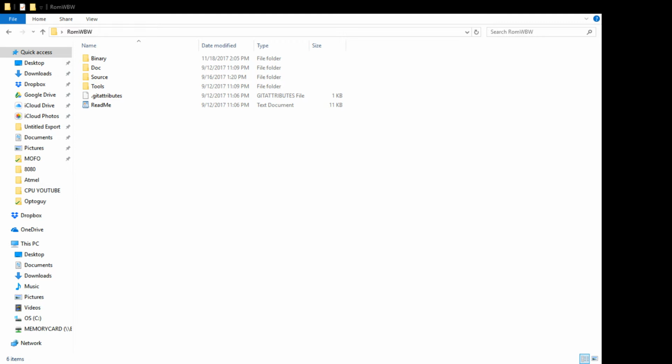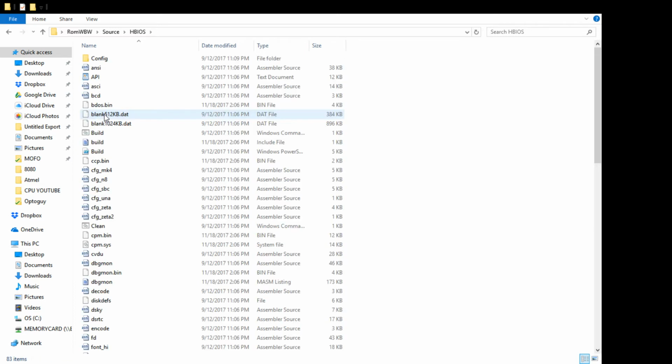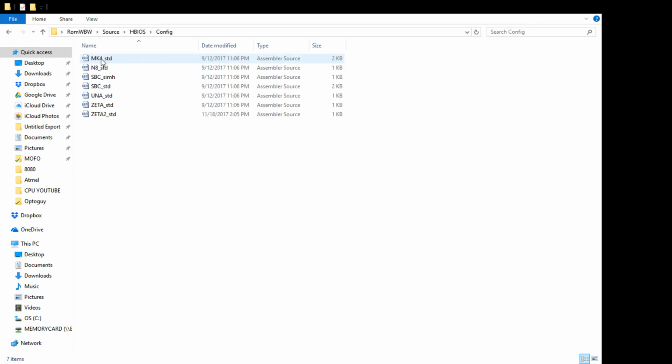This is the ROM wbw root directory, and in the source, I think we've seen this before. Let me change here. In the source, there was the build 2 that I created. If we go into, let's see, where is it? I believe it's in HBIOS. Yes, so the Zeta 2 uses the HBIOS, and there's a subfolder called config. So if we go into config,